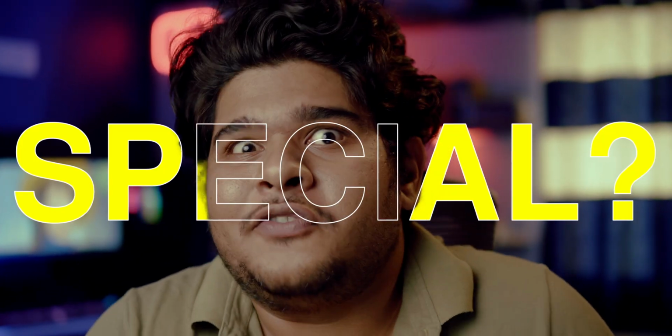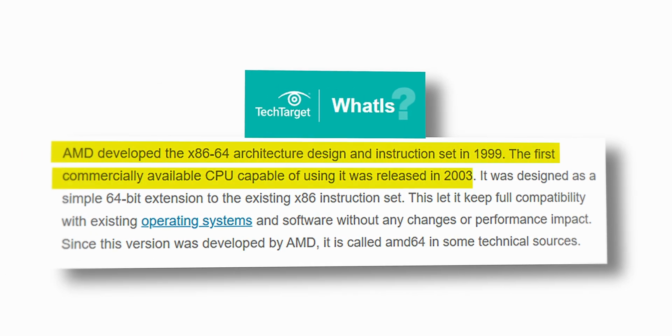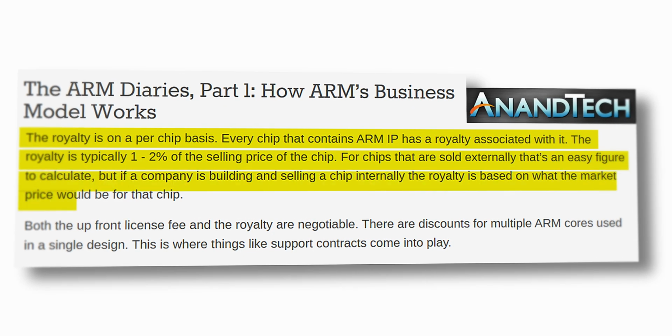But what makes RISC-V so special that I am making a video about it? Well, as I said, it is open source. That means you can design your own chips and cores and start a chip design firm. If you want to design your own x86 cores, you can't, because the x86 ISA is owned by Intel and the 64-bit extension on top of it is owned by AMD, and they don't allow anybody but themselves to design on these architectures. With ARM, yes, you can use the core architecture, but you have to pay royalty to ARM on every